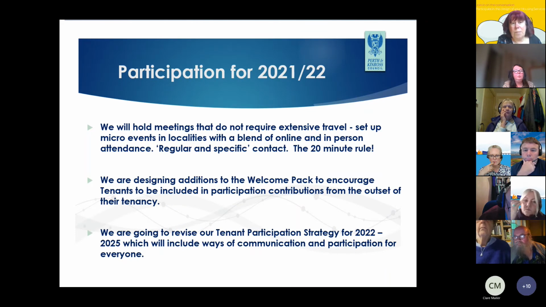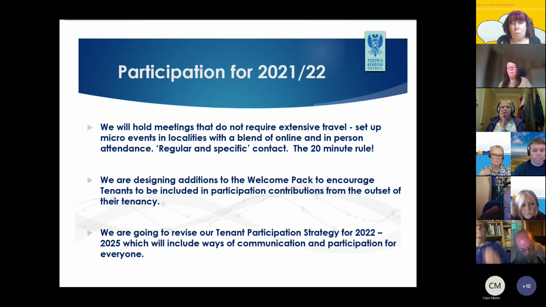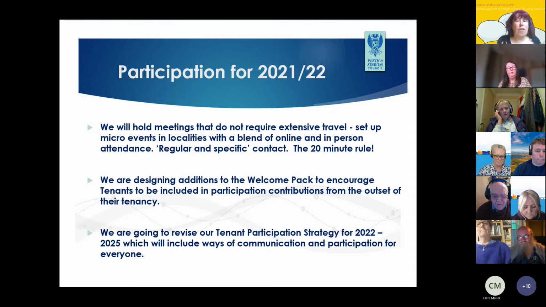So just to say that in the past year and the coming year, participation will be slightly different as well. We're going to look at more of what we call micro events, more local events in places where people live, rather than you having to travel extensively. We don't know what the COVID-19 effects will be, or what fuel shortages, God knows what's next. So we're going to be setting up lots of smaller events, similar to this event. Perhaps we've got people online, but in a room, maybe in a sheltered accommodation, where we've got other people in the room as well that can't possibly travel too far.